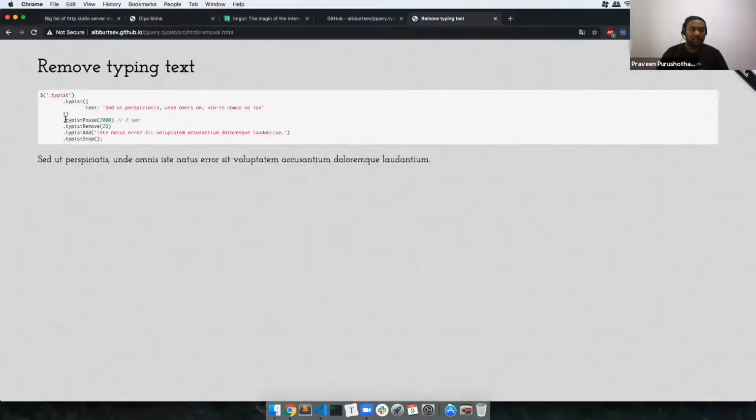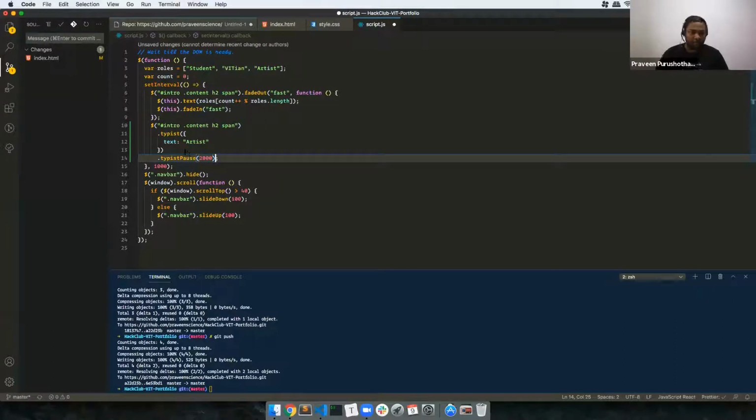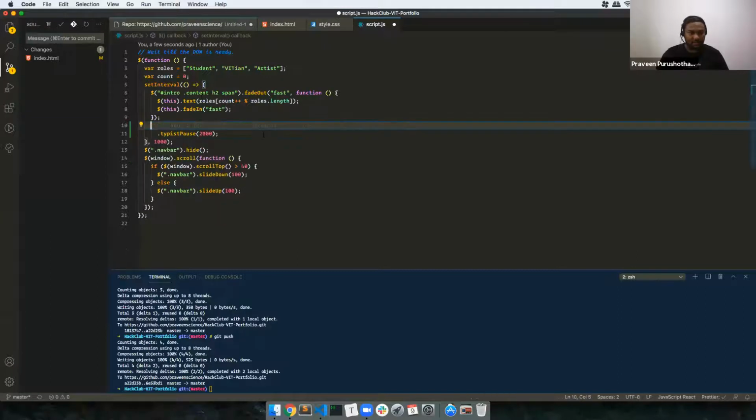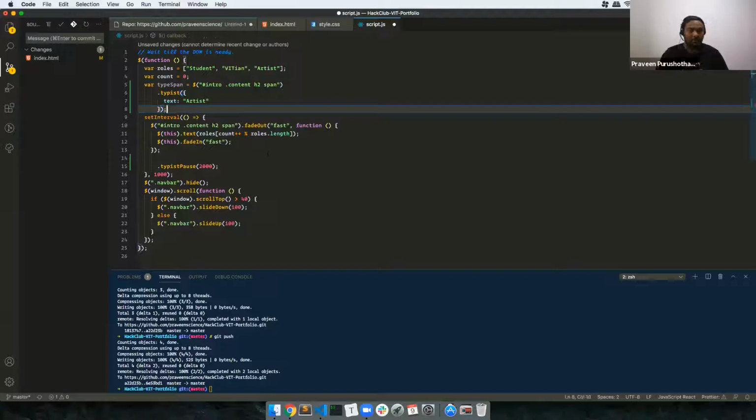After this, I want to pause for 2 seconds. But this initial thing doesn't need to be done every time, right? So it needs to be cached. var typeEffect, or typeSpan.